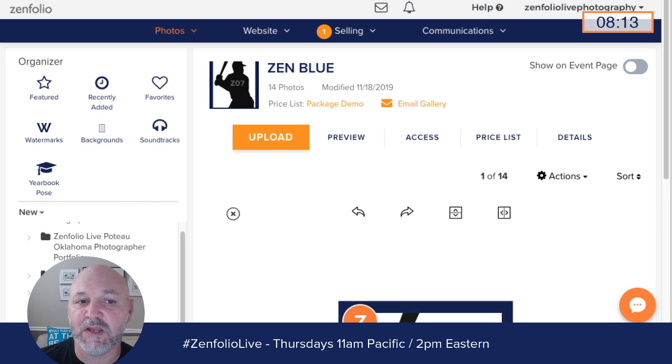They call it keyword stuffing, and what that's actually referred to now is called black hat SEO, where you're trying to do tricks and trick the system, and search engines don't like that so much. So you'll actually get docked for doing that. There's not really a way to do it in Zenfolio, but what I do want to show you is that